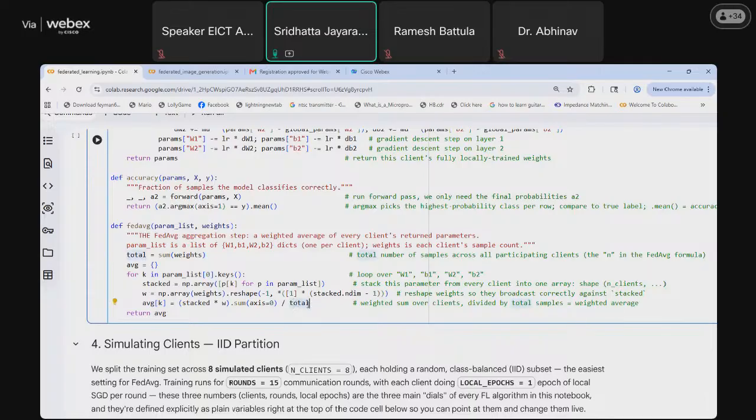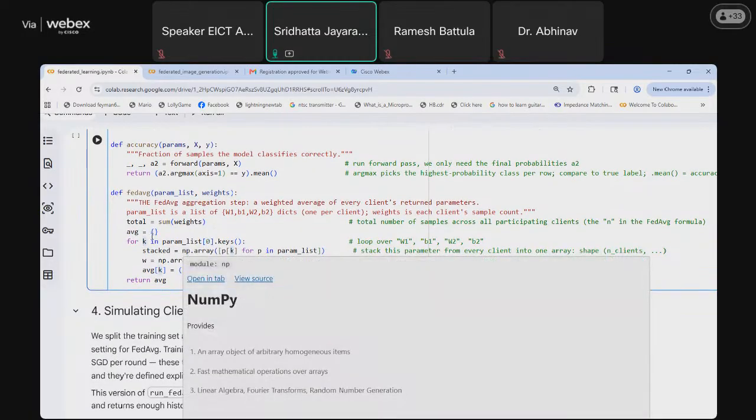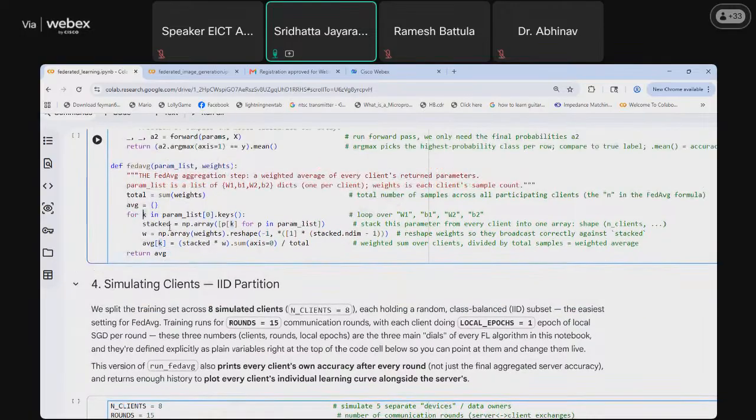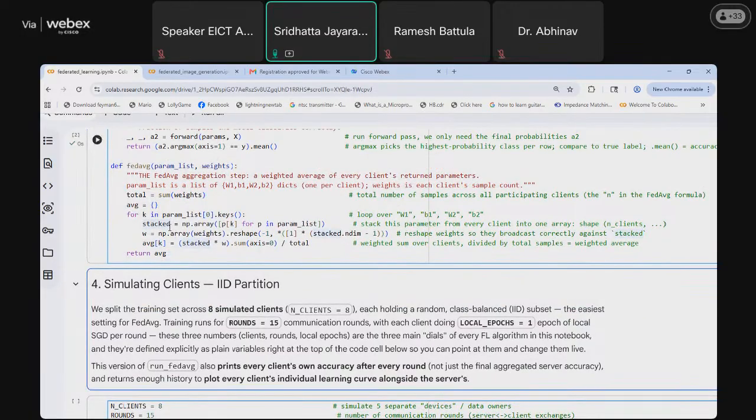This average weight is the weight of the server. So it's calculated over each of the weights W1, B1, W2, and B2. So this was the implementation of Fed average. Now we will run this.